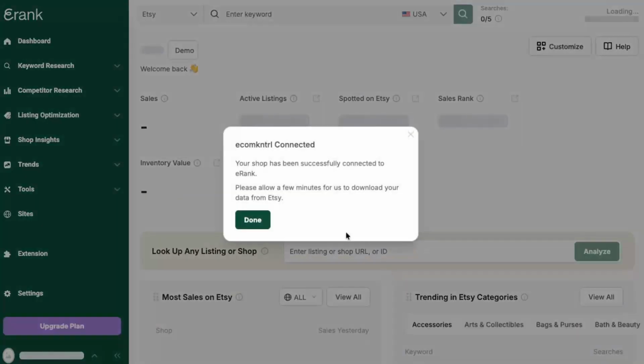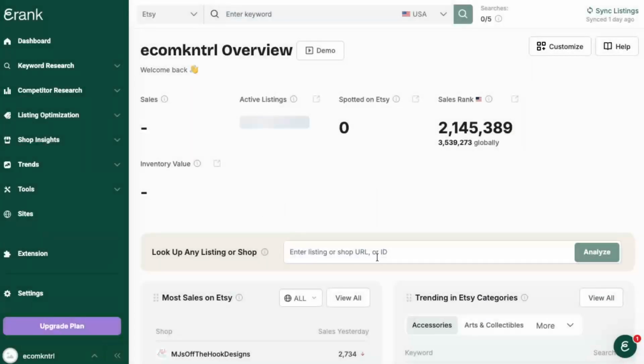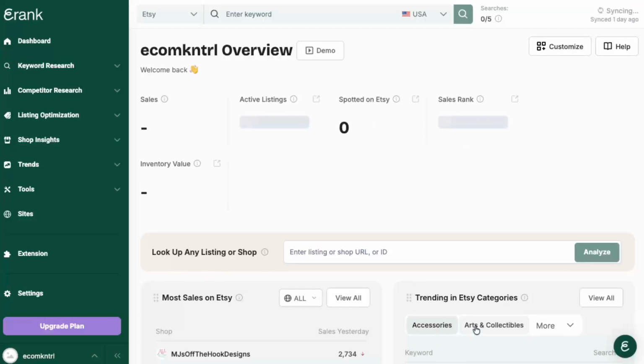After you grant access, Etsy and Erank will complete the connection automatically. In most cases, you'll be sent back to your Erank dashboard, where you should now see your Etsy shop listed as connected. From there, you can start exploring your data, checking your listings, and taking advantage of